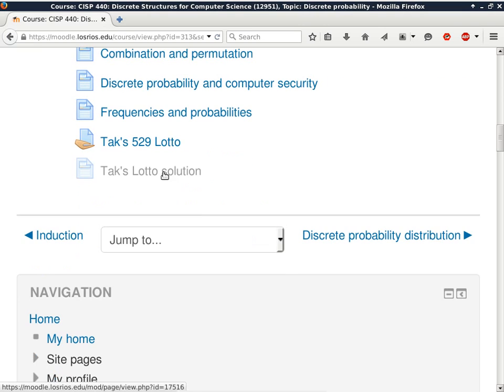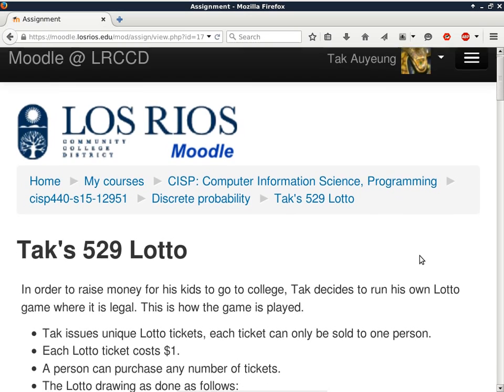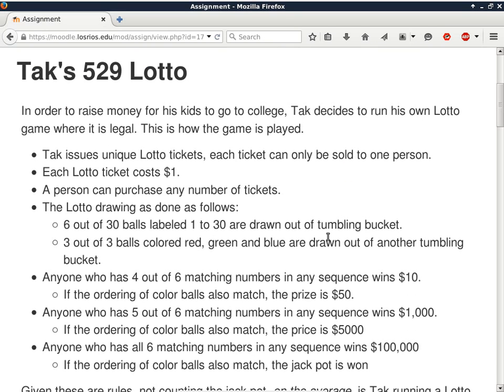All right. So this is the homework assignment. And the homework assignment is about a lotto game, and this is my own lotto game, which has a certain spin to it that the typical lotto game does not have, which is the combination or the permutation of the color balls. Okay. And I also want you to analyze this problem not only in terms of what are the chances of winning the jackpot, which is actually the easiest part of the whole homework assignment.